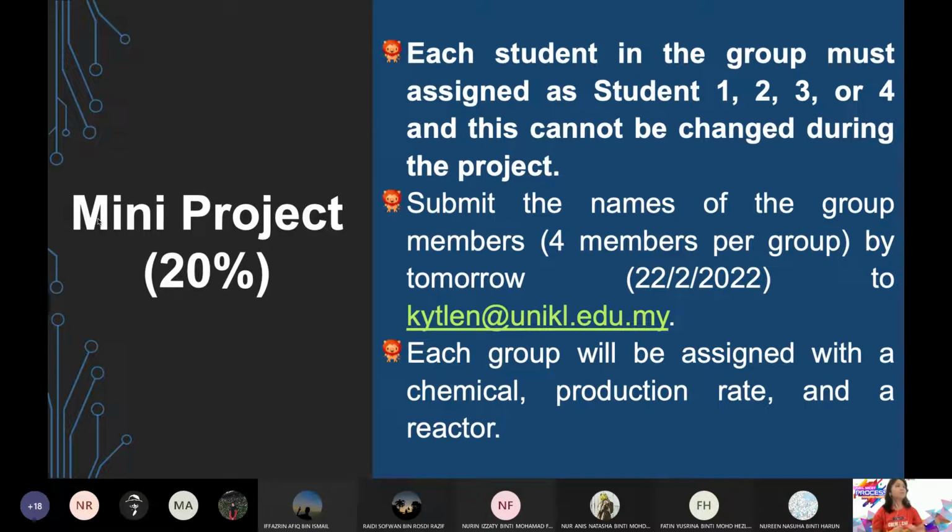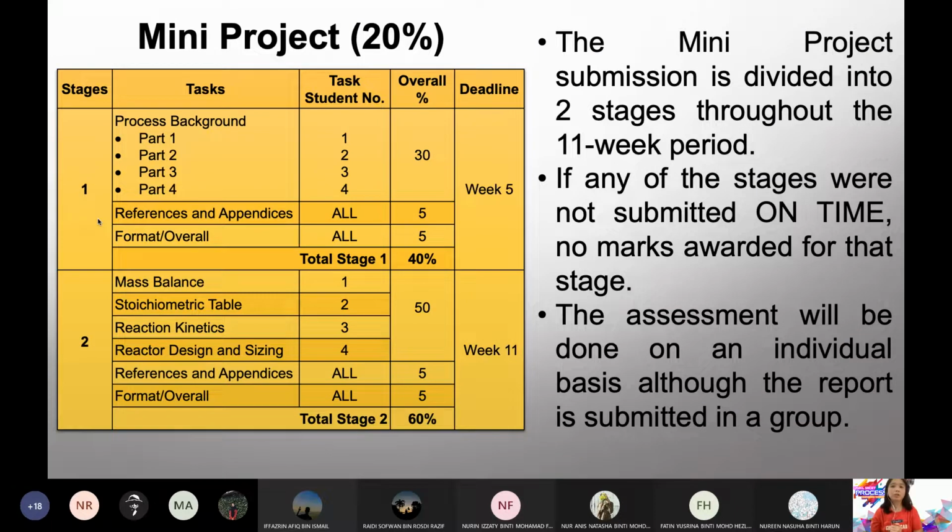Okay, right. So why I asked you to straight away have a group for your mini project is because my mini project is a bit unique. I have 2 stages of submission, because I don't want us to wait for everything to be submitted at the end of semester. You have many things then. I don't want you to have to chase tests, the mini project, labs, other classes, and labs of other subjects at the end of semester. So for my course, I ask you to start the mini project early so I don't burden you later.